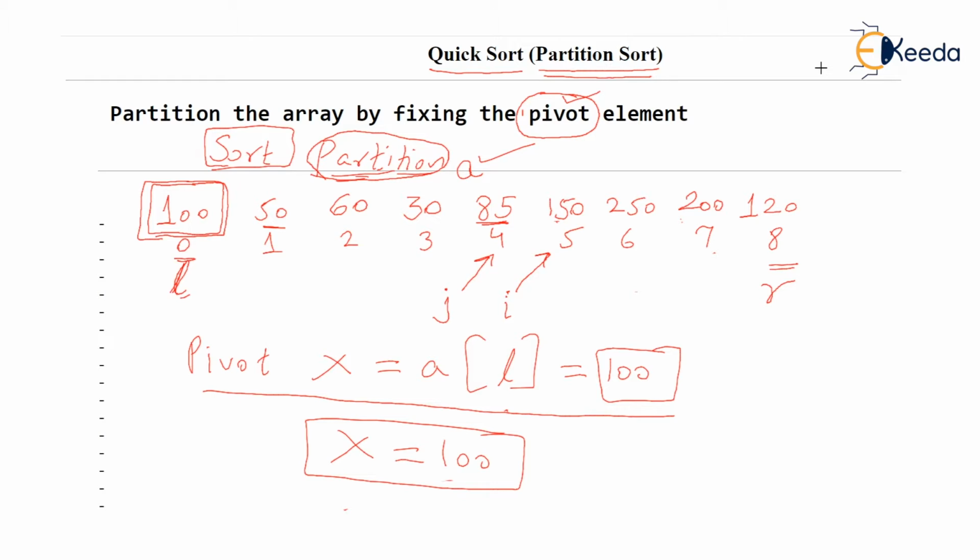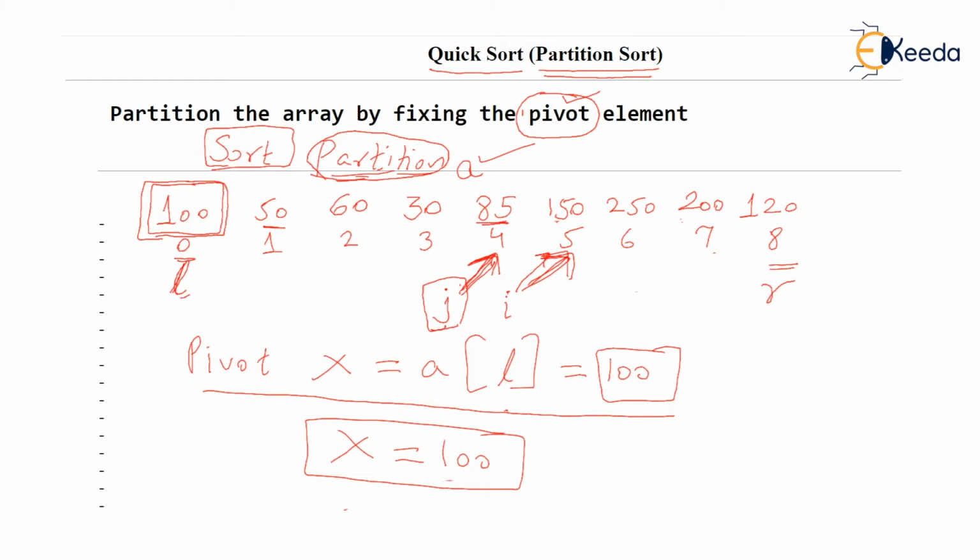So when I becomes larger than J, observe that I is 5. The value of I is 5, it is at the fifth place, and J is at 4. So I is larger than J, then we will stop the process and we will say that we have found the place for pivot. That was our aim, isn't it? And always the jth position is the best place for pivot. Whenever I crosses J, whenever I becomes larger than J, then J gives us the place for pivot, that is